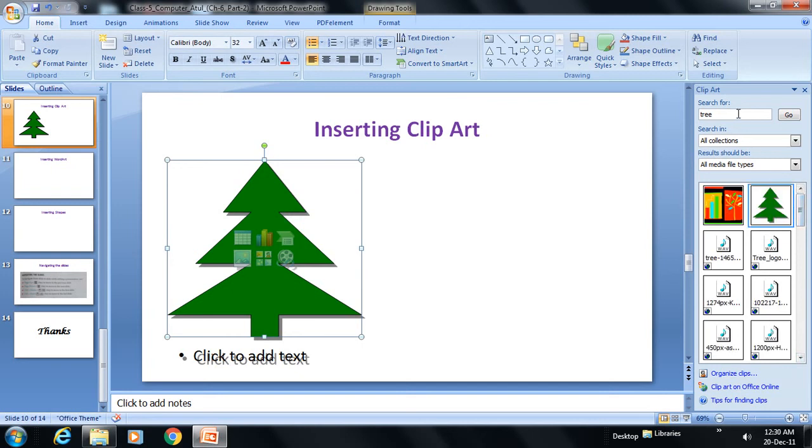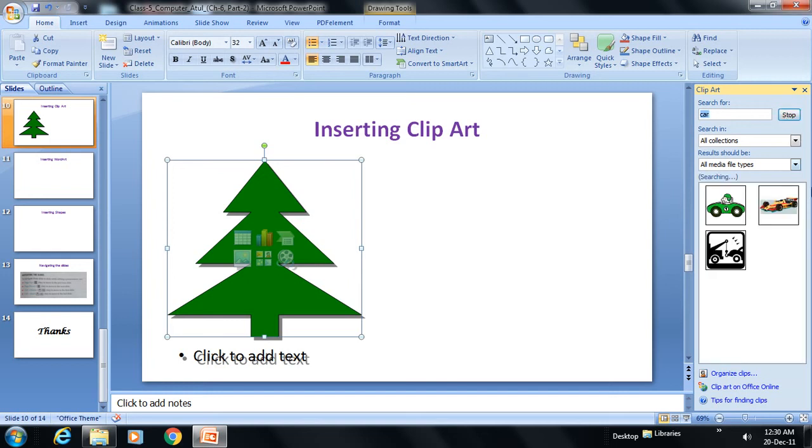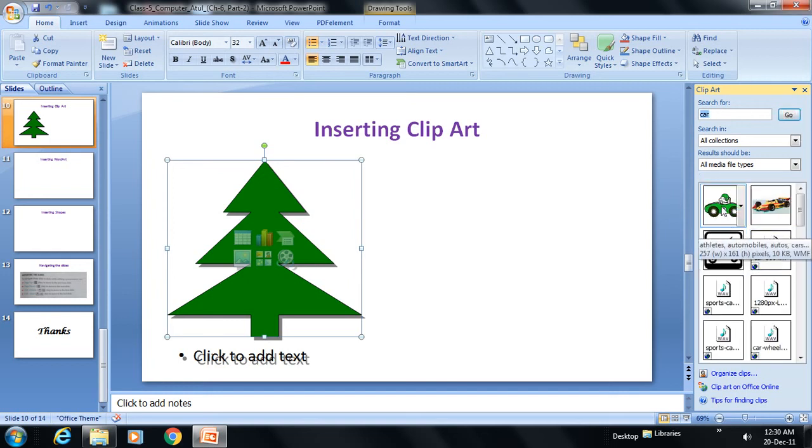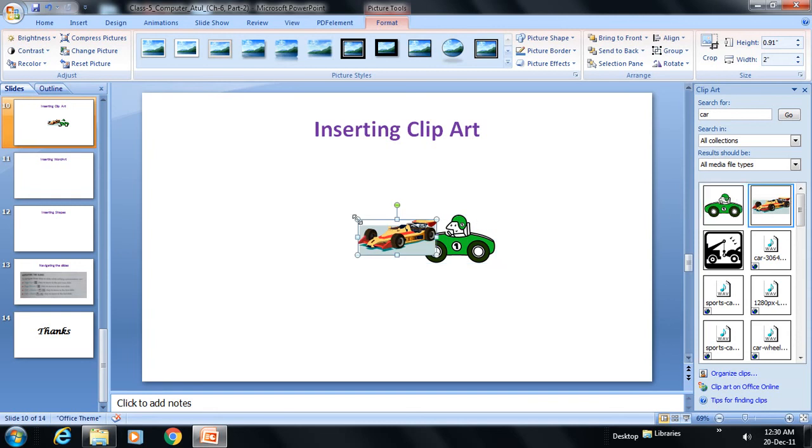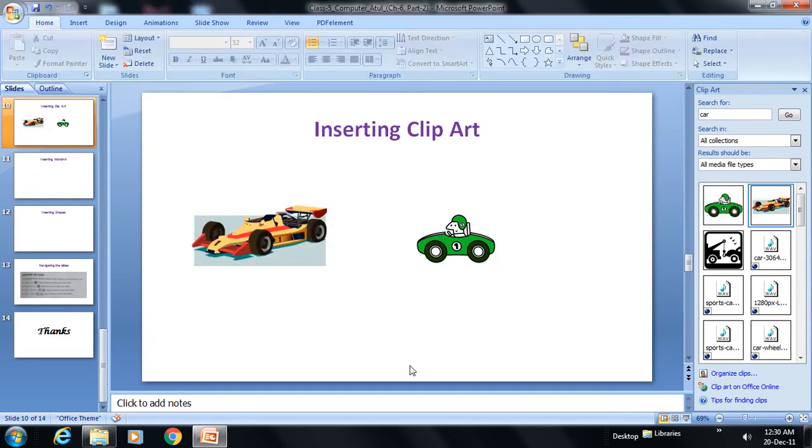If you want to insert a picture of a car, type CAR and click on the go button. You will see cars there. Click on a particular car, and that car will appear here. So in this way you can insert ready-made pictures. Fine. Next,